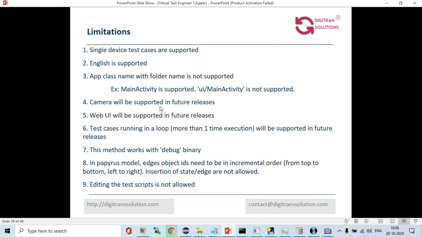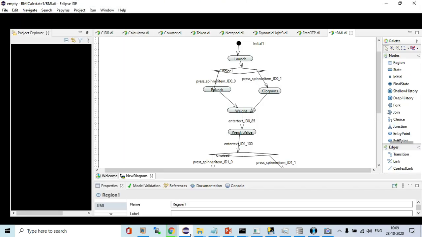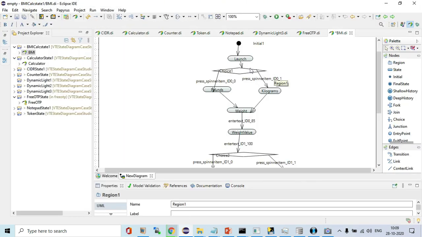Then running in a loop, for example, if I want to run the same test case 100 times, is not supported now. Then currently only a debug binary is created. Then in the Papyrus model, the edges' object IDs should be in incremental order. For example, if you go to the Eclipse diagram page, it has to be from top to bottom.